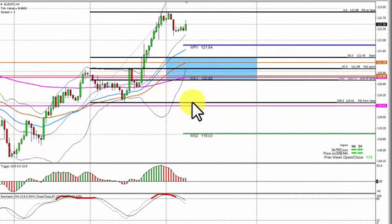Euro JPY 4-hour chart, everything is the long, 4-hour and the daily, everything is green. Last week we closed 179 pips higher than the opening, so we flipped the 4-hour from the bottom to the top. Then we've got a zone 121.45 coming down to 120.73. In the zone, 55 EMA at 121.28 will be my first area, and then this area here. We've got a 200 EMA, a 55 EMA, plus a weekly pivot point at 120.86 for possible roadblock